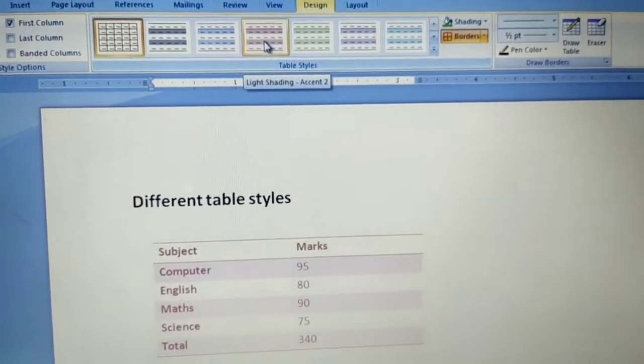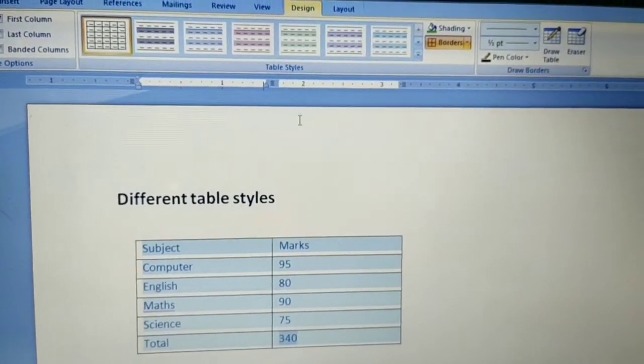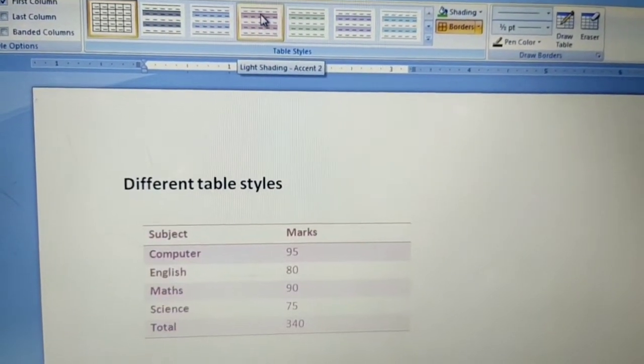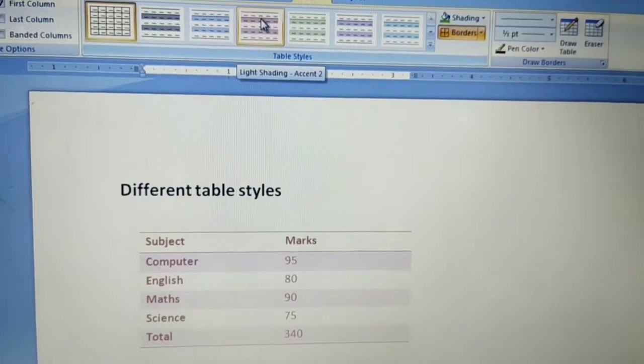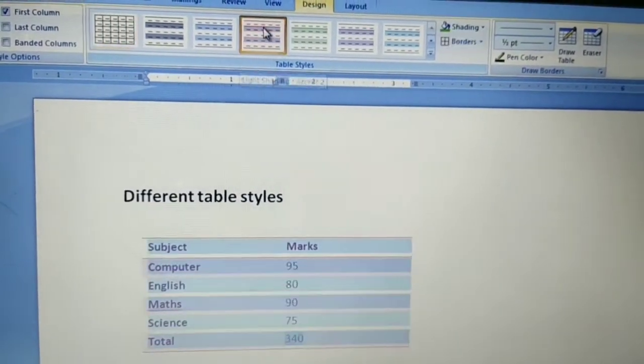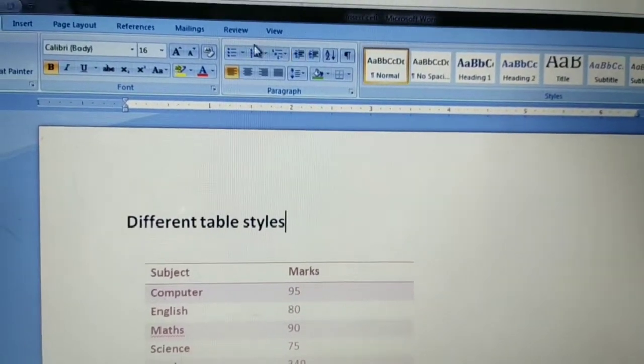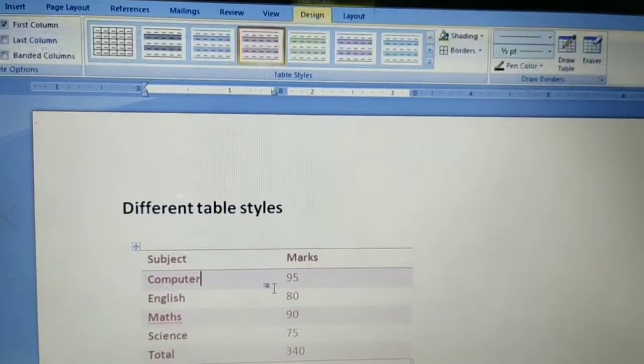Now suppose I apply this. As soon as I place the cursor on this style, the table changes. Did you see the table change? When I click here, it changes the table. And you can apply the shading also here.